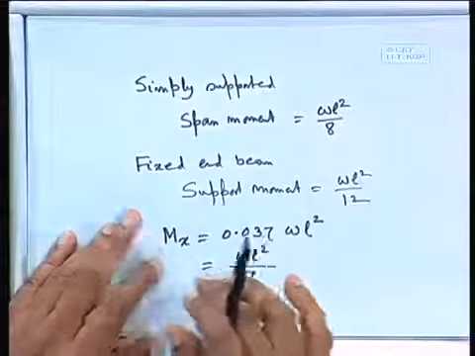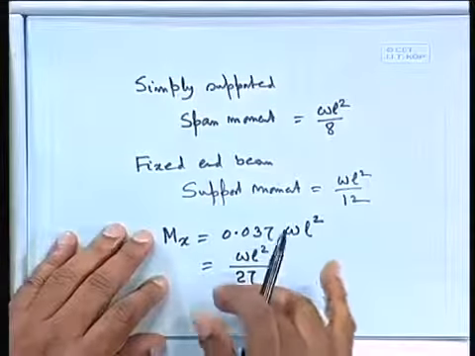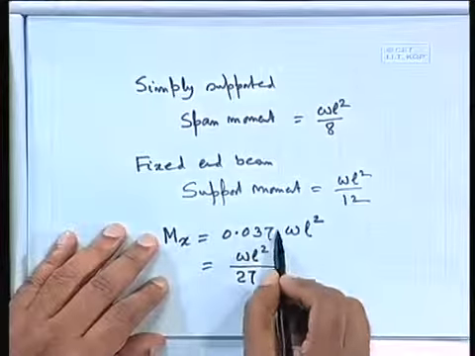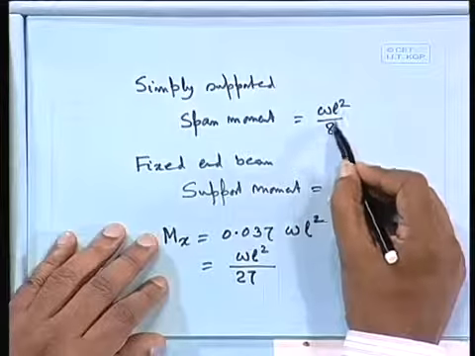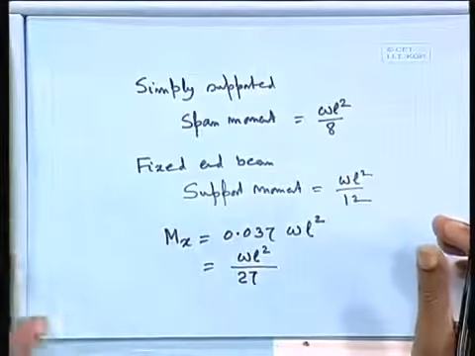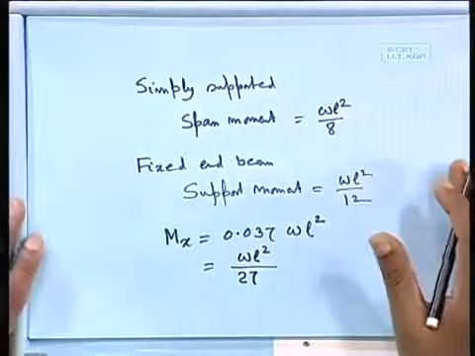So you can compare that in the plate problem how much actually that value is, because somehow we are not familiar with this 0.037 or 0.024 like that, but we are very familiar with this 1 by 8, 1 by 12 because it will give you some idea, and on the basis of that only you can find out whether your values are correct or not. Reinforced concrete design is such that when you are doing the problem you should not do it blindly; it will automatically stop you, whether you are going in the right direction or wrong direction, and that feeling you should have.